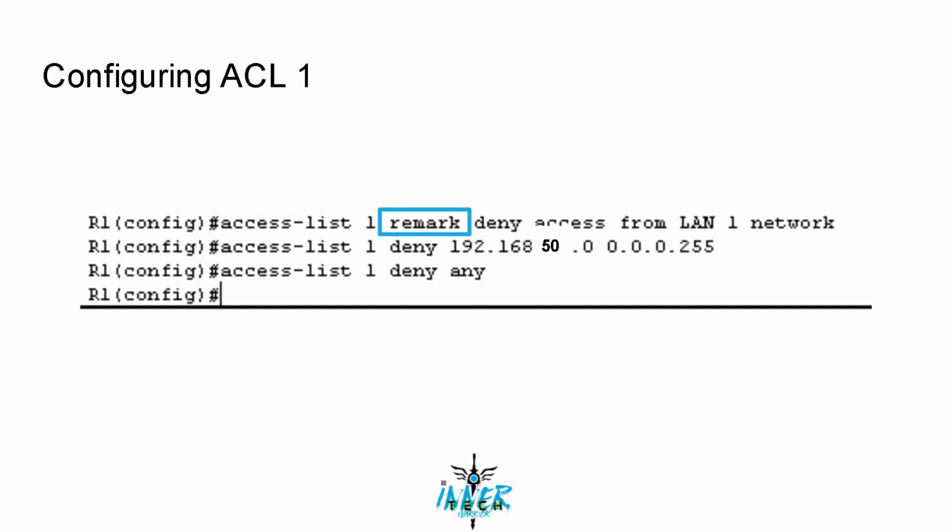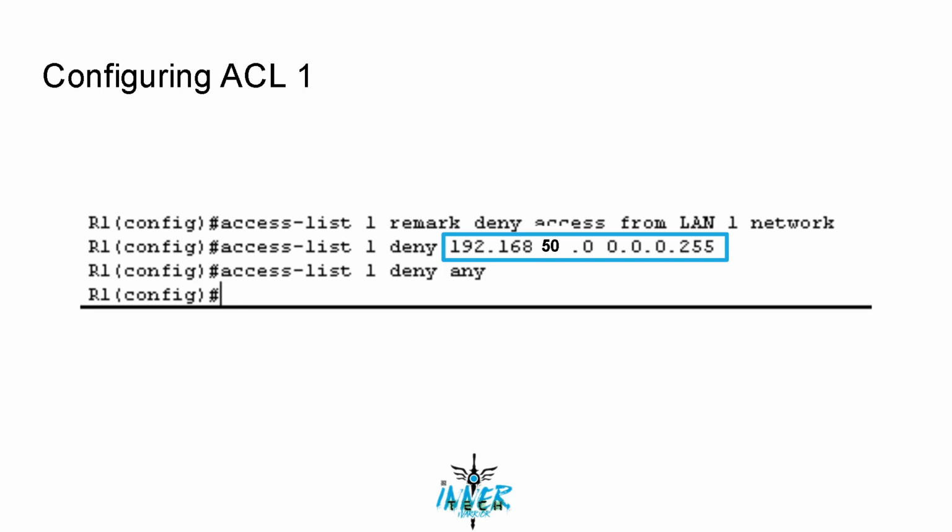Remark is a command that allows us to write something that explains what this access list does. In this case, the list is basically denying access from all of LAN 1's network from reaching any other network. The next line, access list 1 deny, means we're writing a statement to deny a specific IP address in this access list 1. Then we have the IP address and the wildcard mask, which is